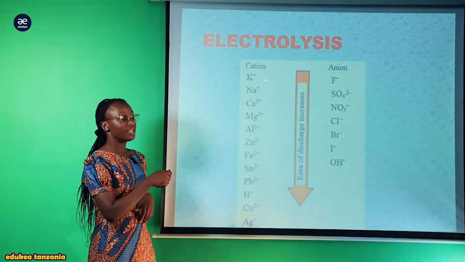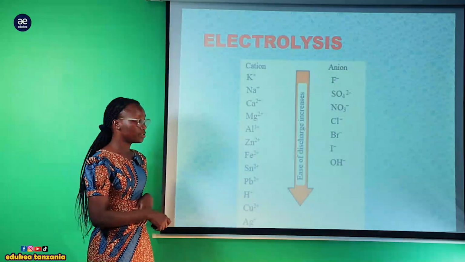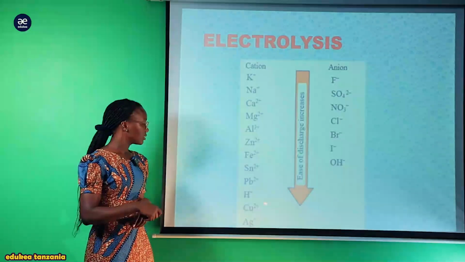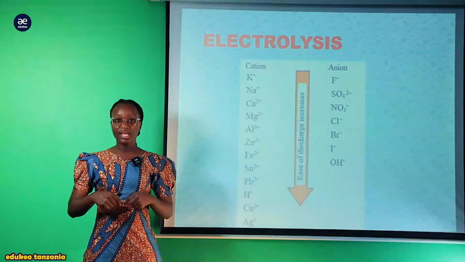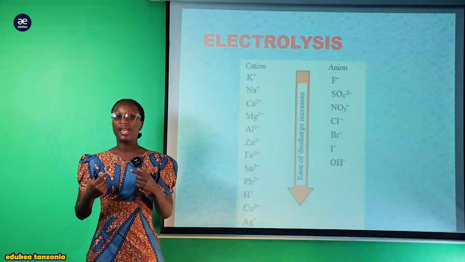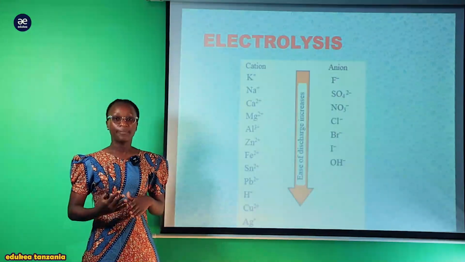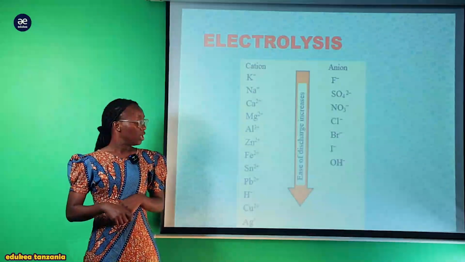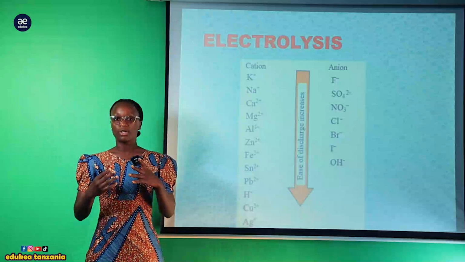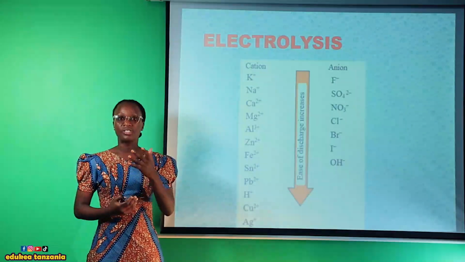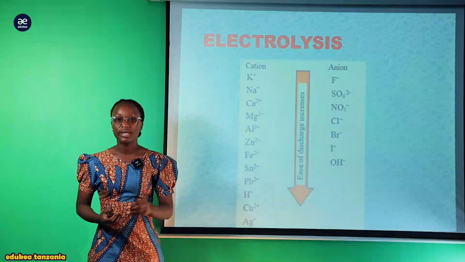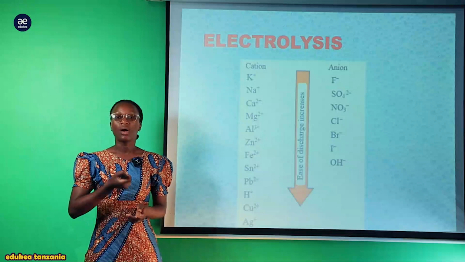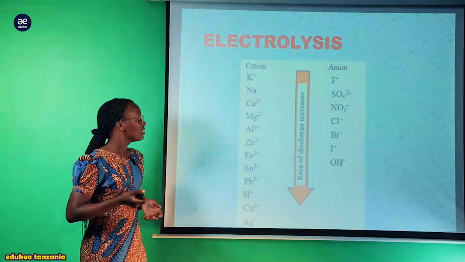Kumbe nikiwa na potassium na nikiwa na hydrogen, the one which will discharge fast is hydrogen, simply kwa sababu the ease of this hydrogen to gain electron is very high compared to potassium, compared to sodium. So you can see as you go down the electrochemical series is where the ease of discharging of ions tends to increase, kwamba ule urahisi wa ile ion kudischarge inakuwa ni very easy, inakuwa kwa urahisi sana. Same applies to